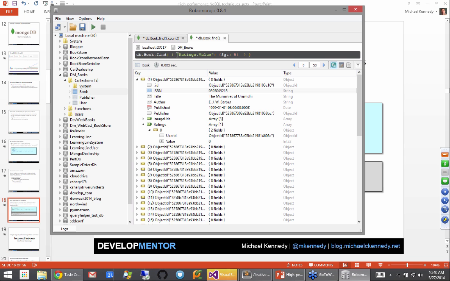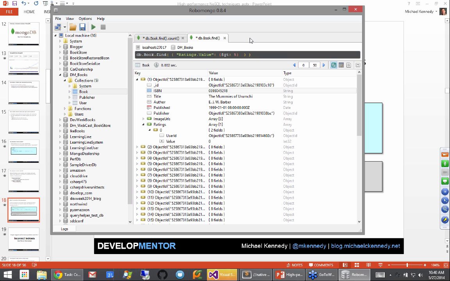So remember, there's 271,000 books. Within the books, they contain 1.2 million ratings scattered throughout these documents. So you might think, well, I'd like to embed things like this, but I can't because I need to ask questions like, show me all the books that have this rating, or find me all the ratings by a particular user, or something like that. So let's run this and see how long it takes.